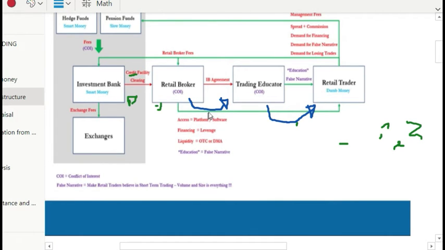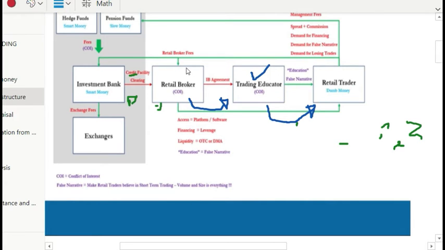But the main reason these people hire these trading educators is so that they give you information on how to trade, though it's crap, it doesn't help you. They give you a false narrative to say you now know how to trade. They host seminars thinking that you now know how to trade. Then you end up throwing your money into retail brokers, sorry. So the main benefit is why these trading educators come to you and say you need to post your money,